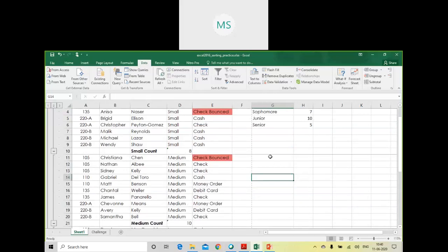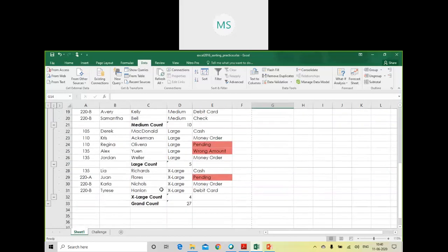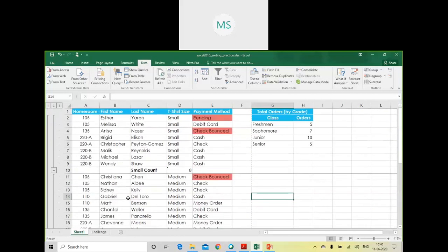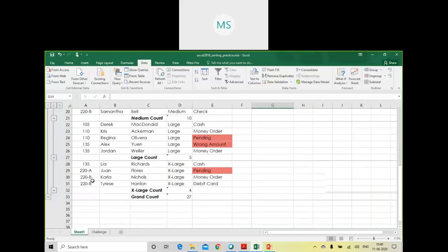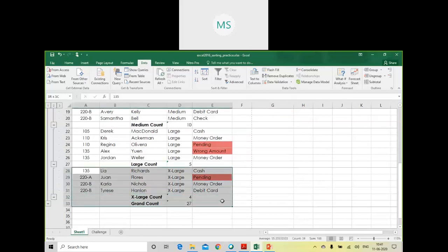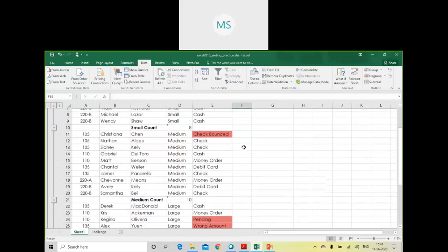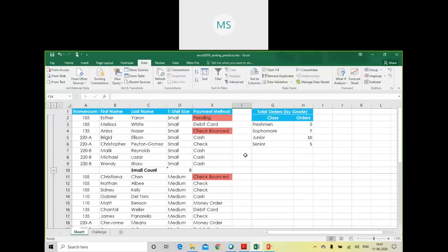Like you can see this thin border line for each and every section. As you can see, this is one section. So this thin border line you can see between them is how the large has been separated, this is how medium has been separated, and this is the small. So this is how you can perform grouping and perform subtotal operation on an Excel worksheet.